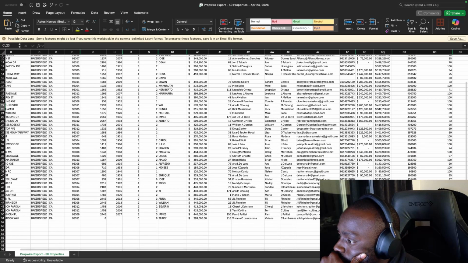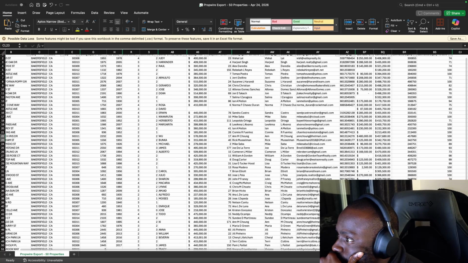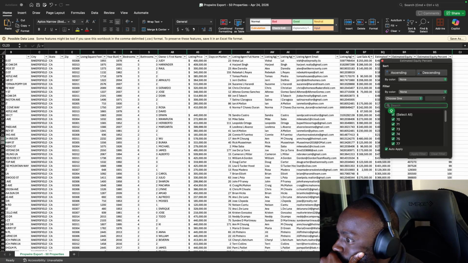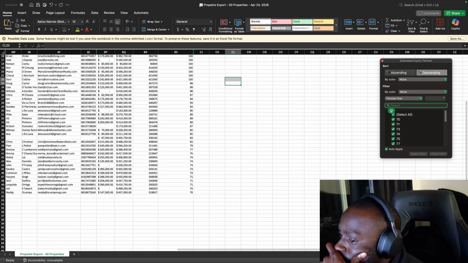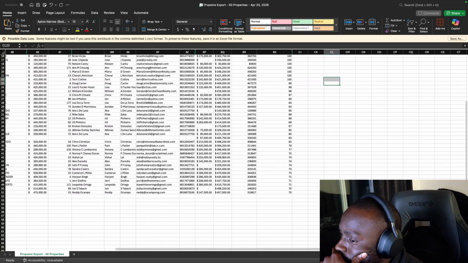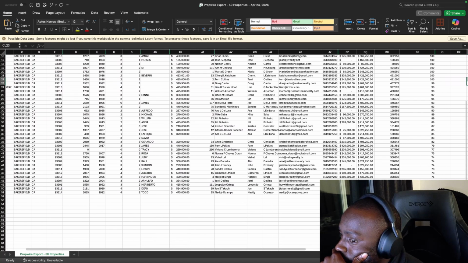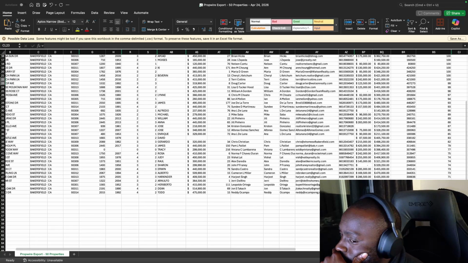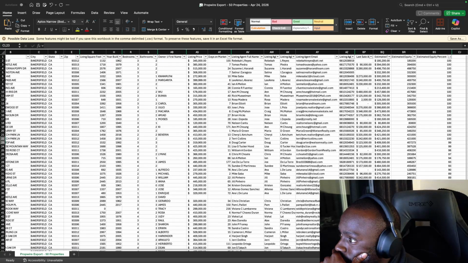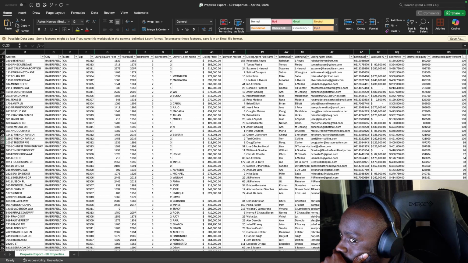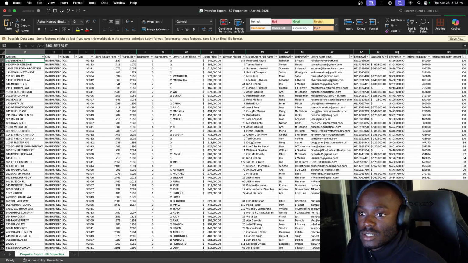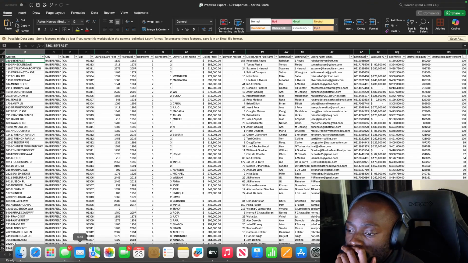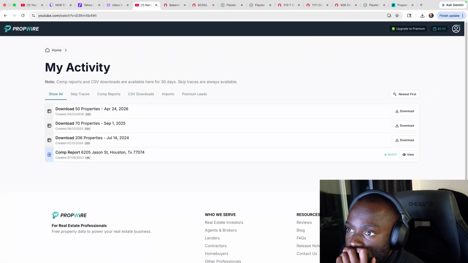So we see here that the lowest equity home has 70% of equity. And now what we can start doing is work our way up from the top, where we know that these people own full equity in their homes. The first thing I'm going to do is copy this address and place it in Redfin to see what we come up with.